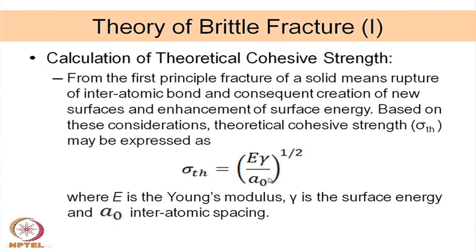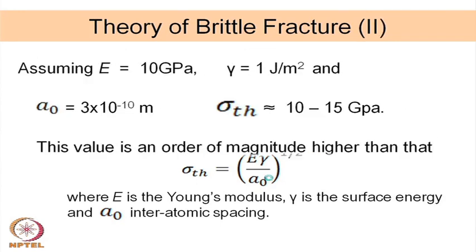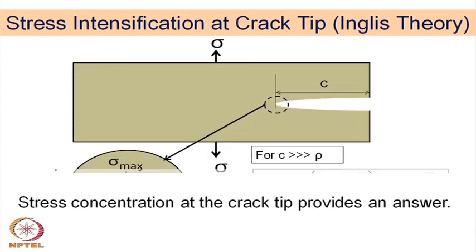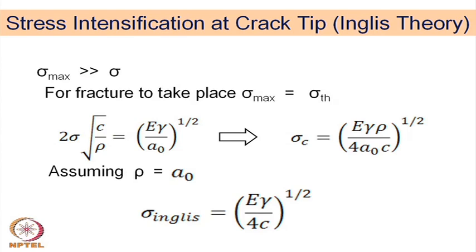So, the condition of fracture is that the theoretical value must be equal to the sigma max which is getting generated. So, this is your theoretical value and this is the sigma max, the local stress which is getting experienced by the crack, and that leads you to a critical stress sigma c, which is